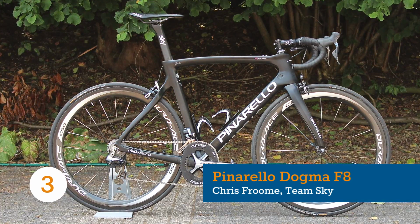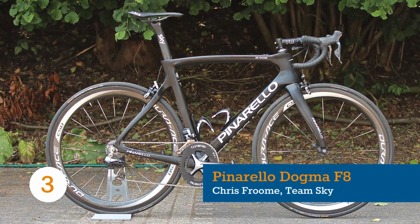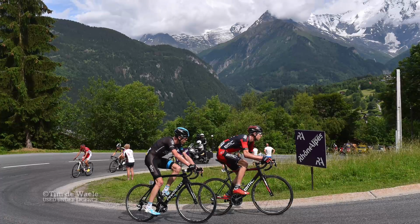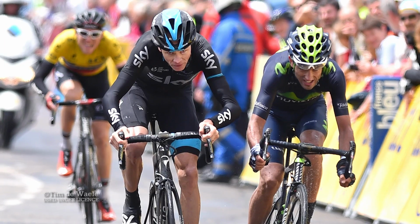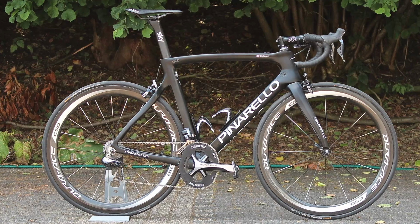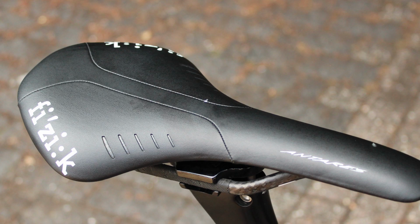Touted as the ultimate do-everything bike, the Pinarello Dogma F8 that Chris Froome is hoping to ride to glorious victory has proven that it can handle itself in the high mountains as well as the hustle and bustle of the sprints. Aside from the pretty standard setup of Shimano's Dura-Ace Di2, C50 wheels, Pro Finishing Kit, and Physique Antara saddle,